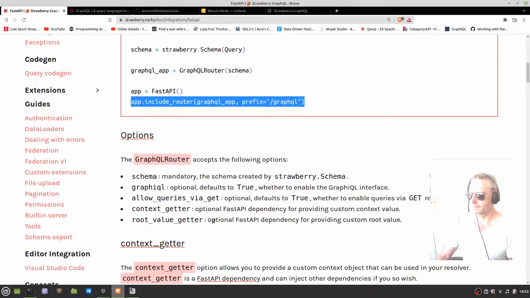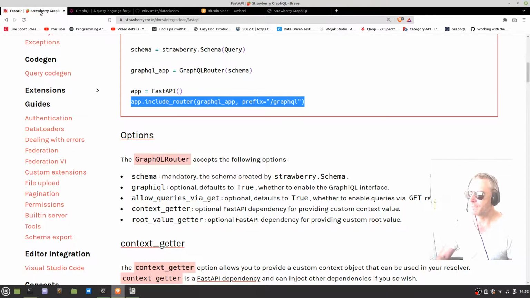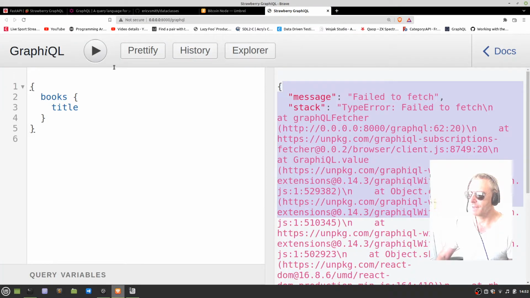yeah, I'm going to leave it there. Hopefully you've at least seen the tutorial page for Strawberry. You've seen me create a schema. You've seen me start to understand a resolver. And yeah, you've seen me use